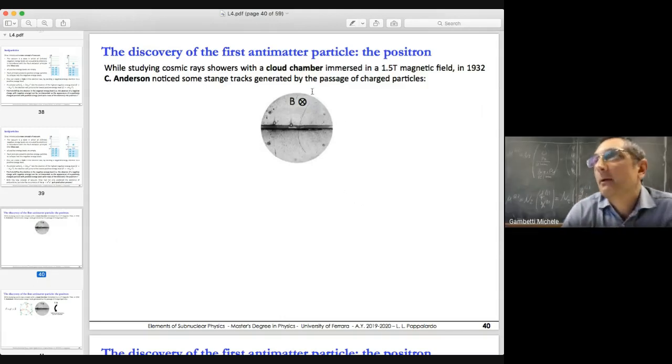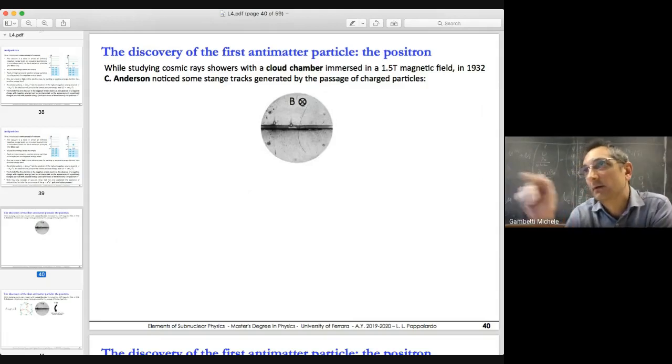And the bubble chamber was also immersed in a magnetic field, which is oriented in this way, so with the direction into the slide. Okay. Now, this was the tool used by Anderson to study cosmic rays, because at the time the only way to do particle physics was to study cosmic rays. There were no particle accelerators at that time. Okay, but then